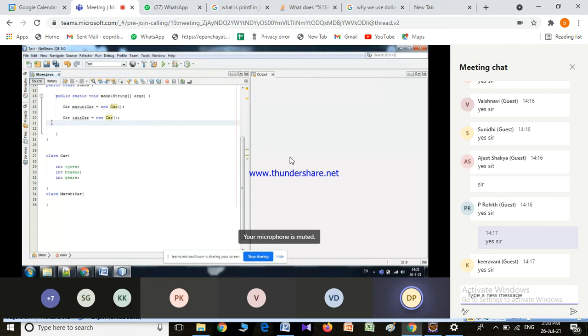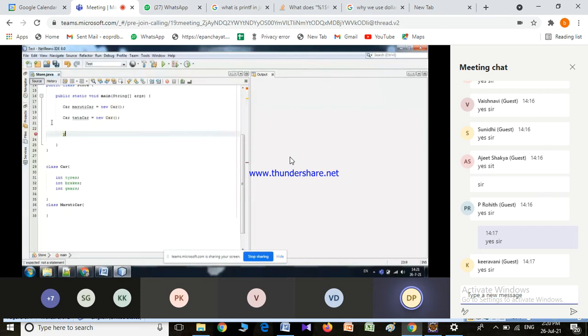Even though the specifications are different, both of these will have tires, brakes and gears. These three are common across both Maruti and Tata.